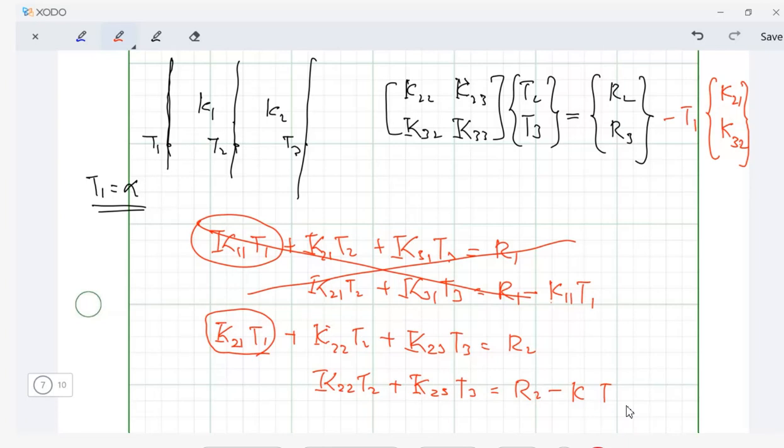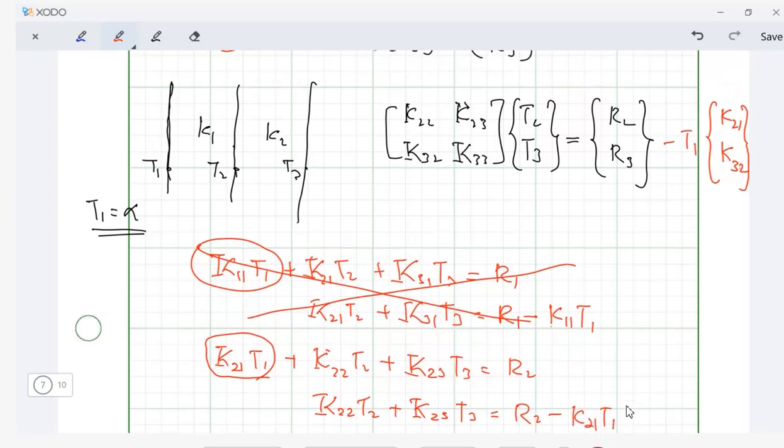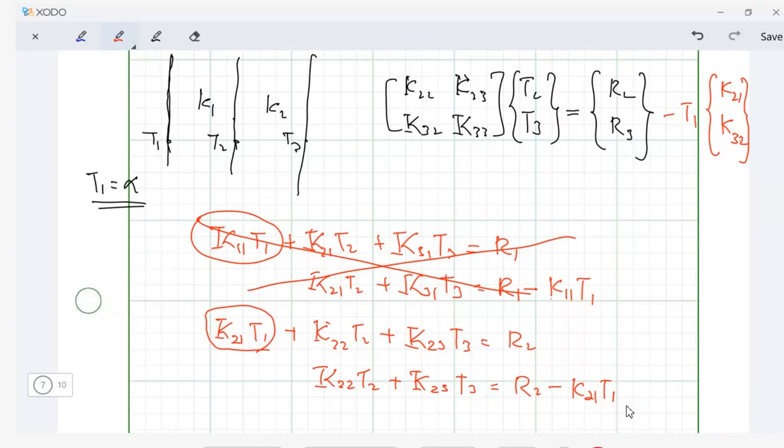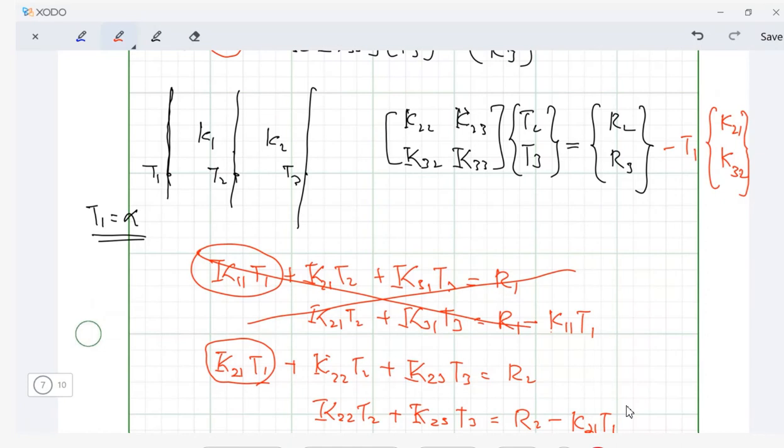So K21 times T1, which is the same as this, right? Which is the same as this matrix form: K22 T2 plus K23 T3 equal to R2 minus T1 times K21. Okay, so this is just a simple manipulation. But note that in this case,